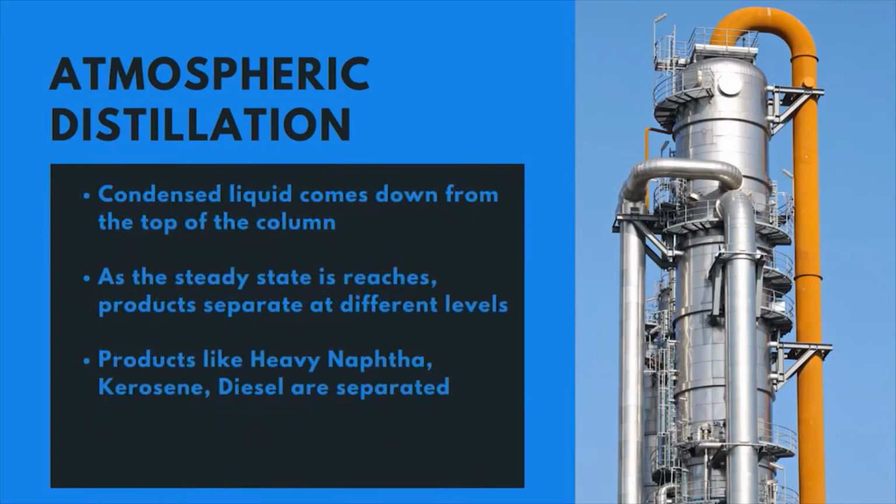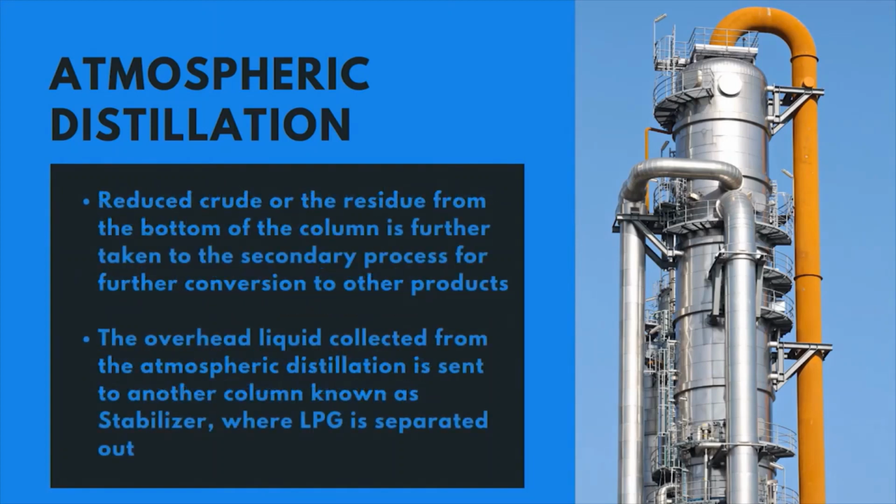The condensed liquid comes down from the top of the column, and as the steady state is reached, the product separation happens at different levels. Products like heavy naphtha, kerosene and diesel are separated on a continuous basis. The reduced crude oil, or the residue from the bottom of the column, would be taken to a secondary processing unit for further processing, or further conversion,